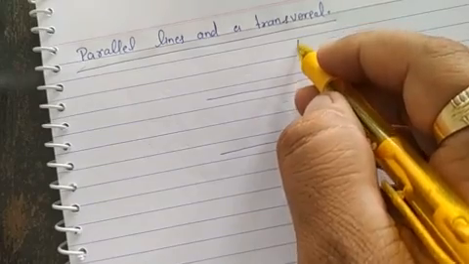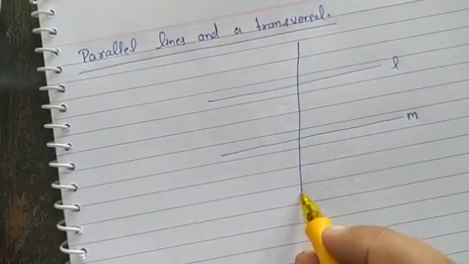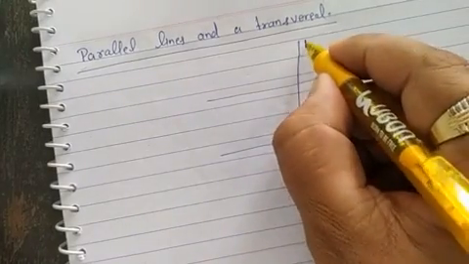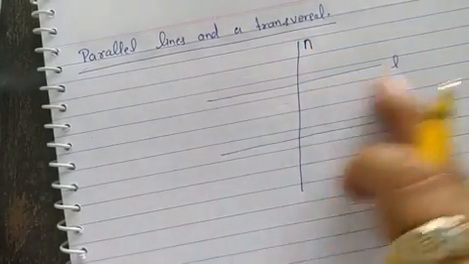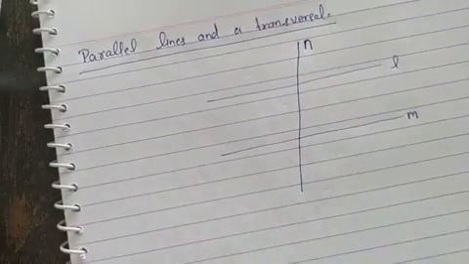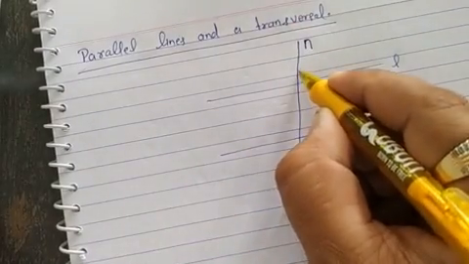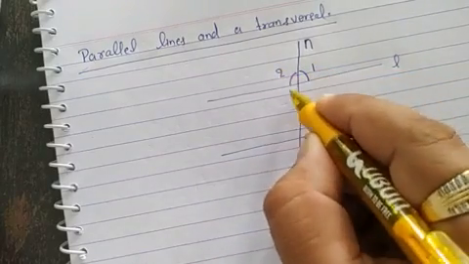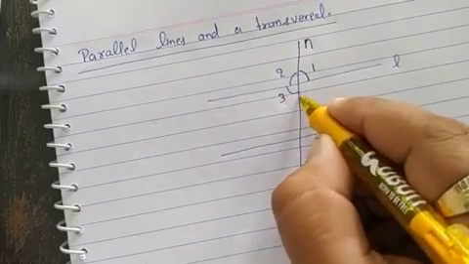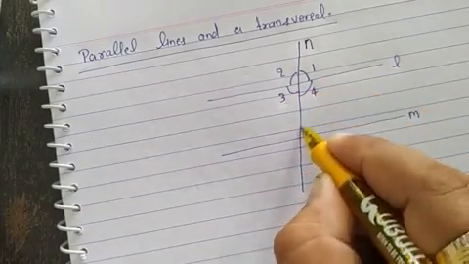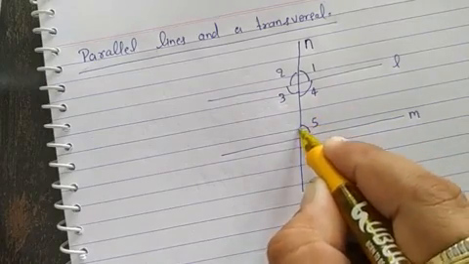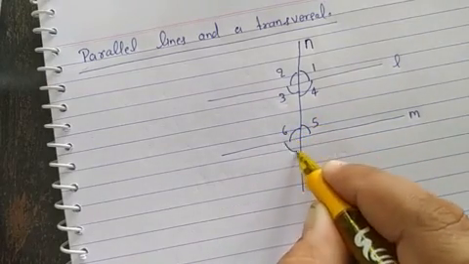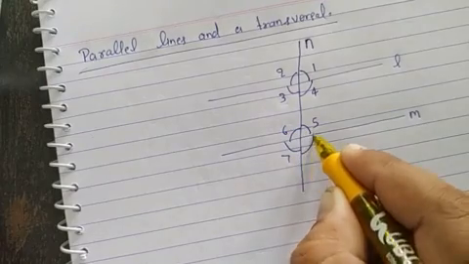And when we cut them by another line, this is the transversal, named N. So these two are parallel lines and this is the transversal. Okay, name the angles. Angle 1, angle 2, angle 3, angle 4, angle 5, angle 6, angle 7, and